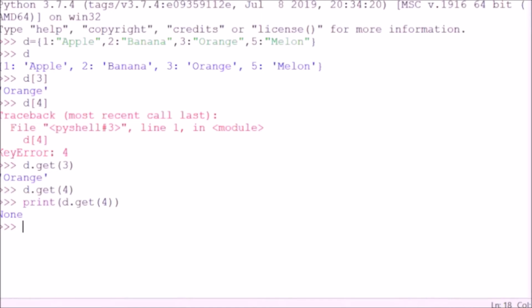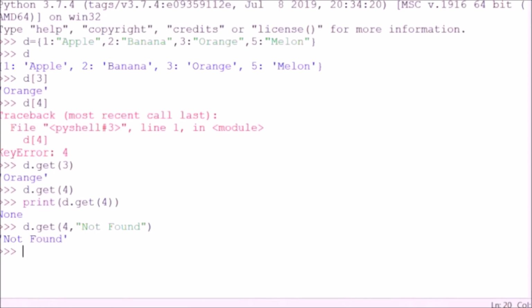Now one more interesting thing that we can do with get is we can print something when we don't have a value for that key. So let's take it for 4. So I do d dot get and in bracket 4. Now in this case we do not have a value for it, right? So I give a comma and whatever I want to write here I can write. So if I write not found and enter, it will print not found because there is no value for 4.